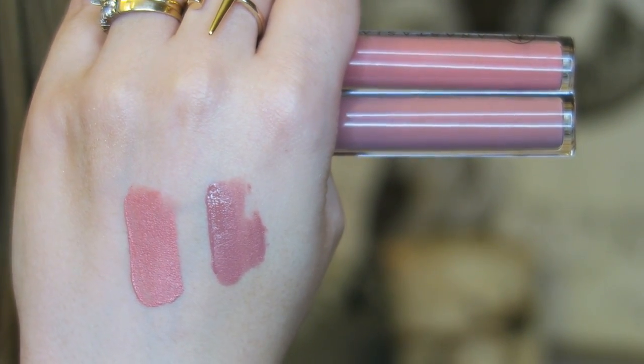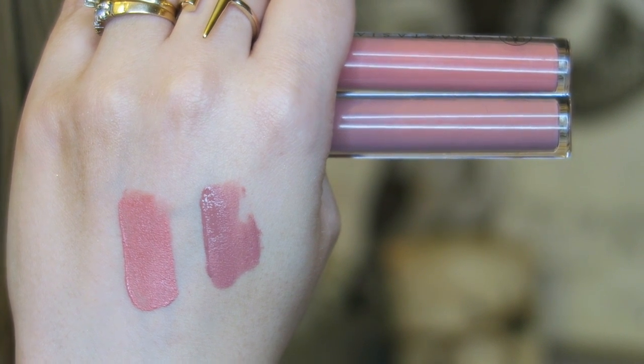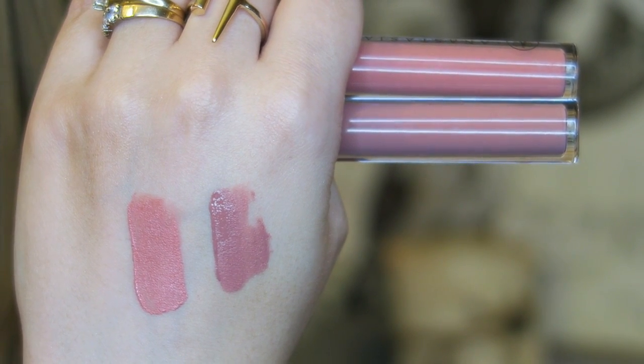But I love these. Now, I know some people don't. Some people find they're drying. I actually find them very comfortable, but to each their own, I guess. I find certain types drying that other people don't. So you just kind of have to find your formula and then kind of stick within it, I think. Find something you really like and stick in that little box. Very similar, I think, to the Anastasia ones